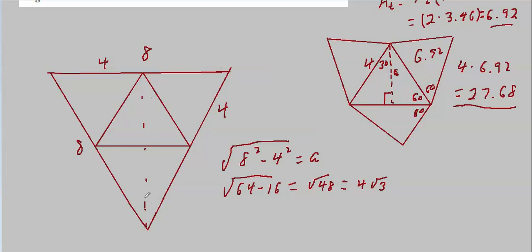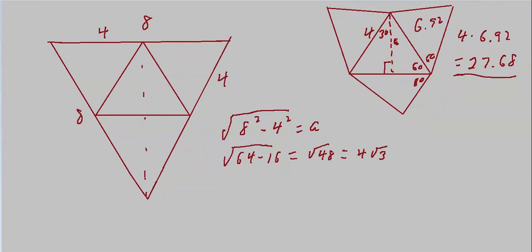So let's try that. We get a 1/2 out front here, times the base, that's 8, times 4 times the square root of 3. And guess what? You get the same thing,